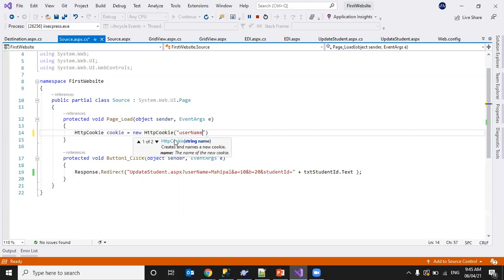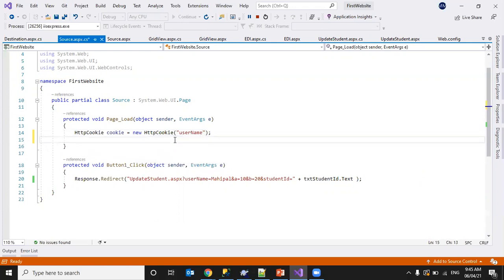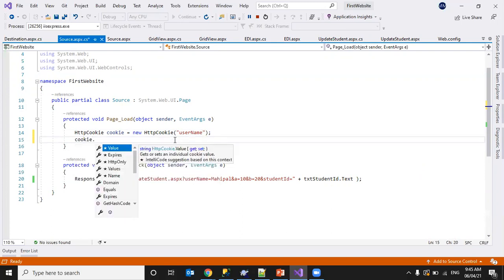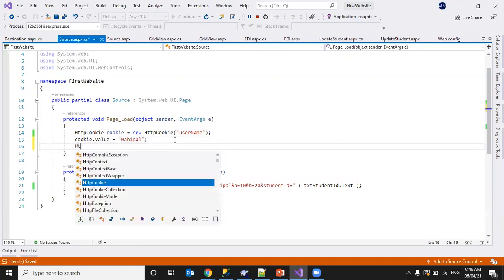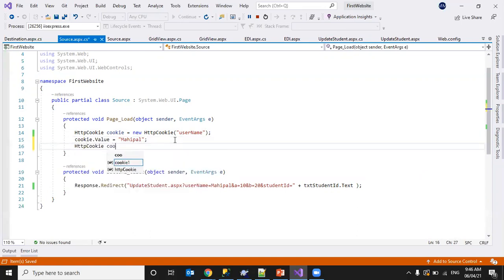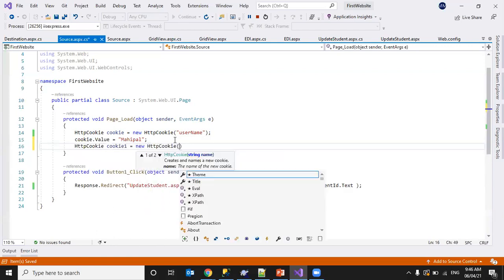username, the same concept with cookies. HttpCookie, new HttpCookie, and in brackets we have to give the cookie name, right? So cookie.Value, we can directly specify like this, equal to Mahipal. Okay, let me create another cookie, cookie1 equal to new cookie.